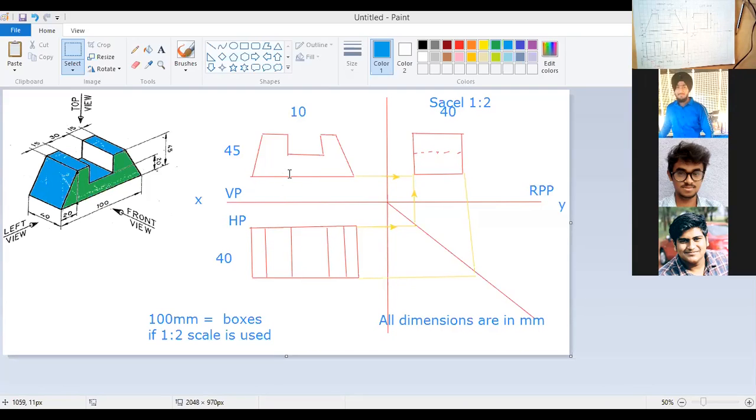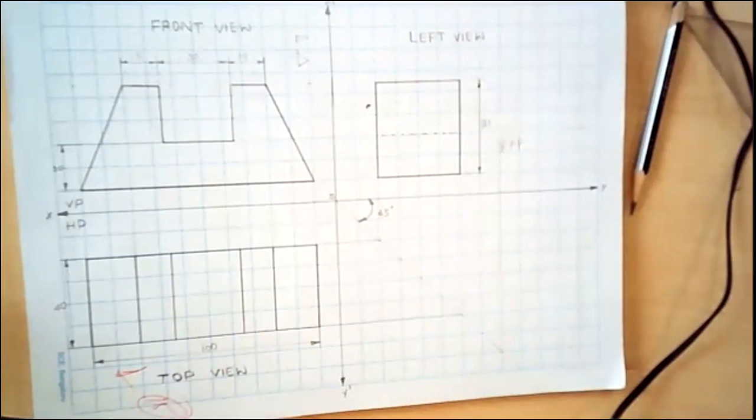In the examination, obviously you are using the tools, but some problems you can draw using scale and freehand sketching. We'll start solving this problem in our sketchbook. I'll stop sharing the screen. I hope you understood the concept.